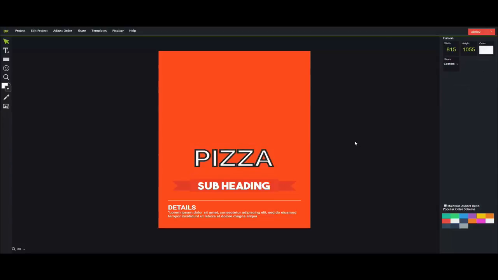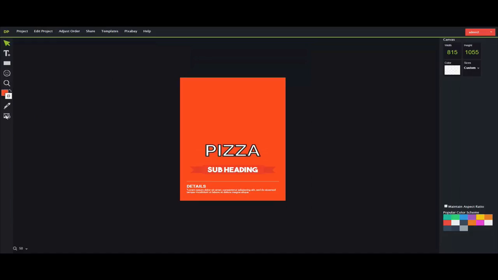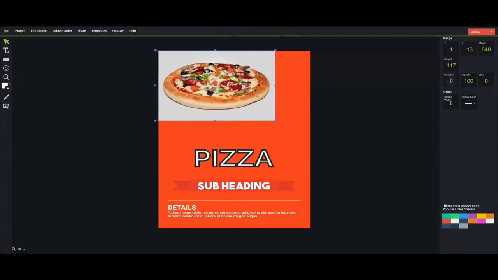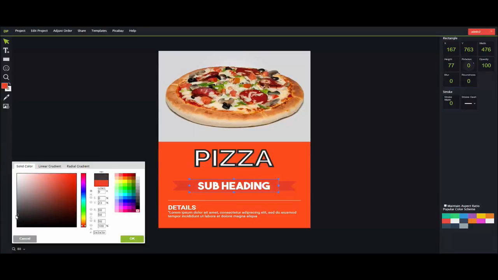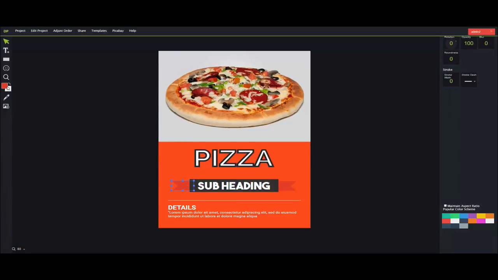Okay, let's add an image of a pizza. Obviously, I can add any image from my computer just pressing this import image button. Drag and drop to adjust the image position and size. I mean, it's really impressive that you could directly select any object and change its color to whatever you want with that ease. And you can also use the eyedropper tool to select a specific color on the canvas objects. So just select an object, click on the eyedropper tool, and click on whatever color you want.